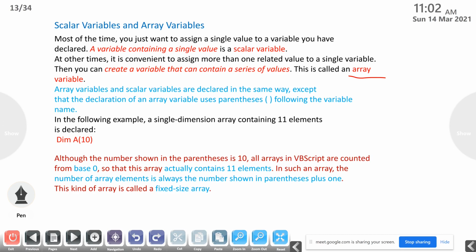In such an array, the number of array elements is always the number shown in parenthesis plus 1. If you declare an array of size 10, the total values that we can store in that array is 10 plus 1, that is 11. This kind of array is called a fixed size array. Other types of arrays are also available in VB script.